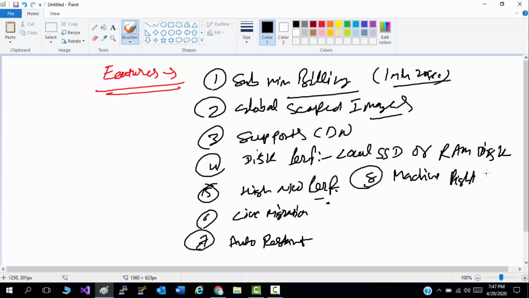Number eight is machine right sizing, so you can choose the right size of machine.